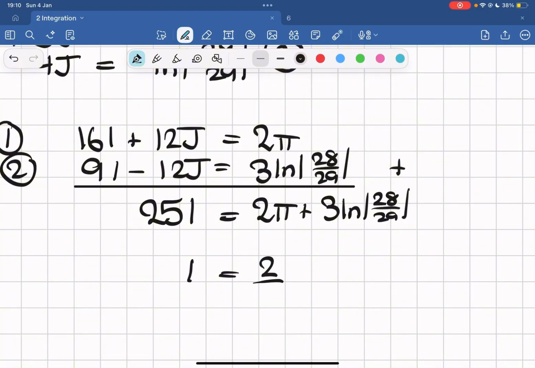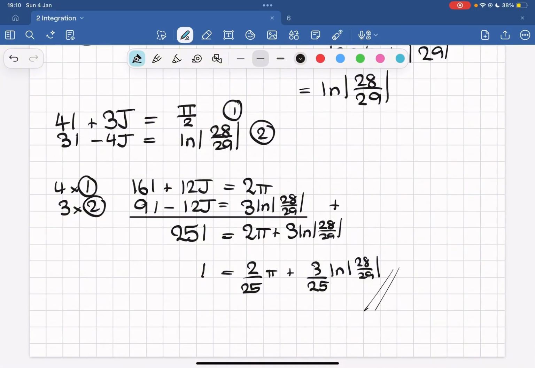This will give us 2 over 25 pi plus 3 over 25 ln 28 over 29. And that's it. That's a 3-part integral completed. Hope you enjoyed and took away the trick from this question. Hope to see you in the next